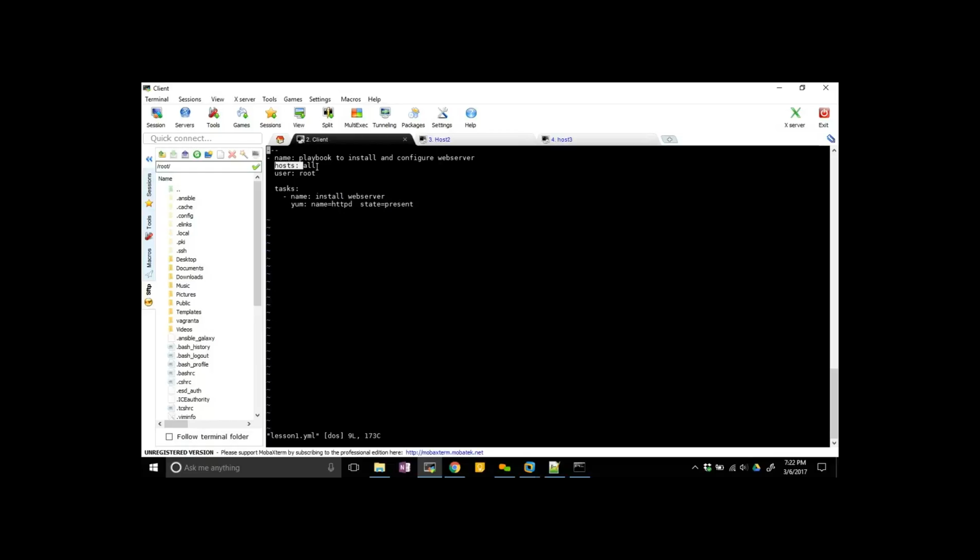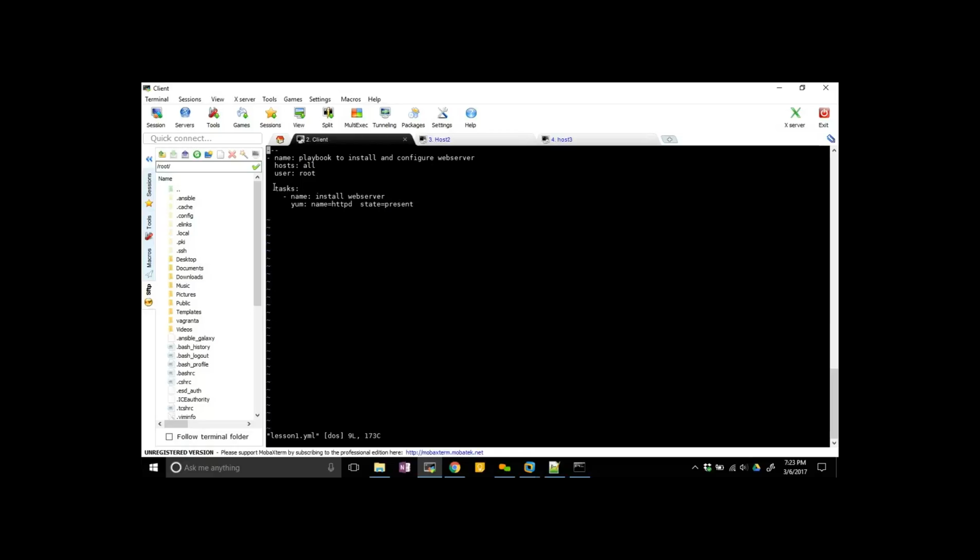Here, instead of a single machine, I said all machines. So whatever machines are available in the inventory, it will execute all these tasks on those remote machines. What username does it use? It uses root, and it runs this playbook using root privileges.